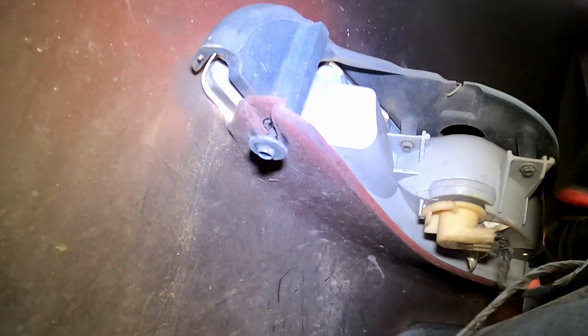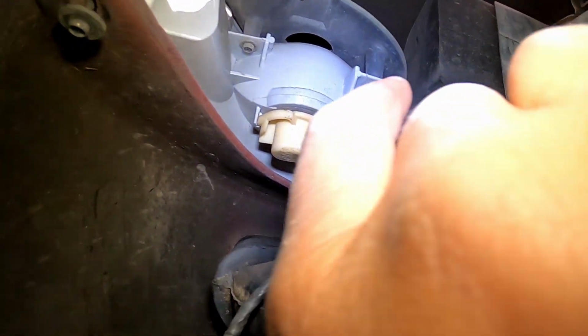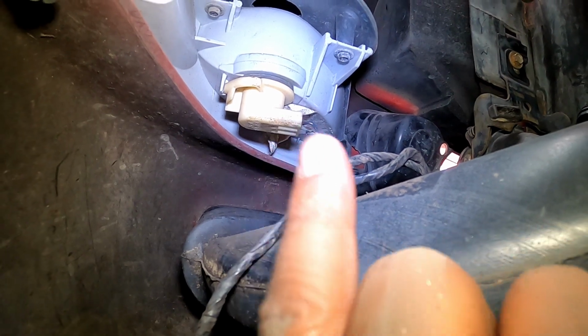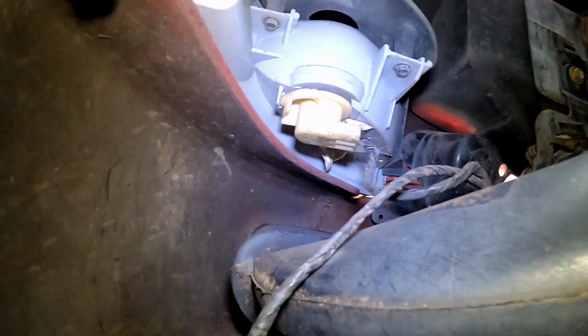So right there, you can see the corner light. You got this screw, that's another 7. And then over there somewhere, you got a 10, and that's the annoying one. So once you get those off, the 7 is pretty straightforward. The 10,